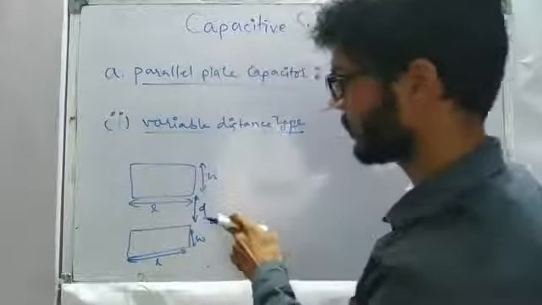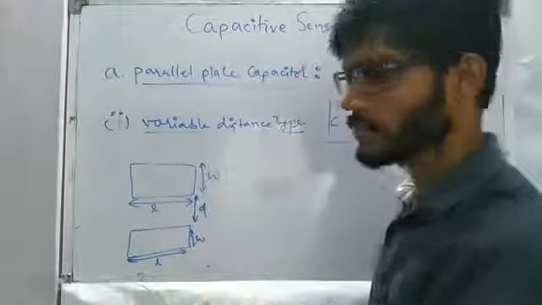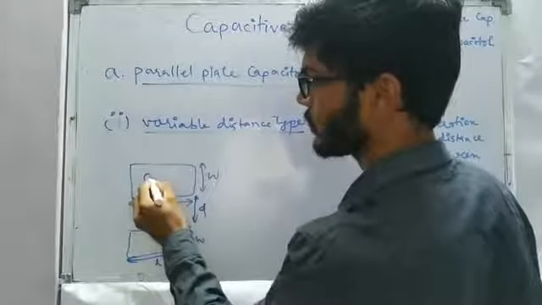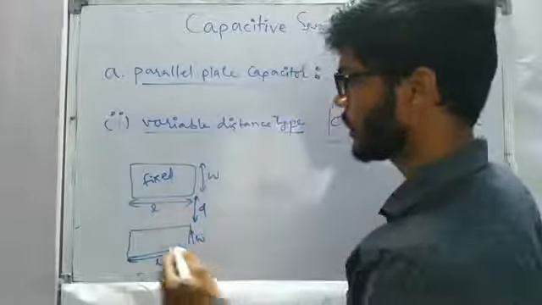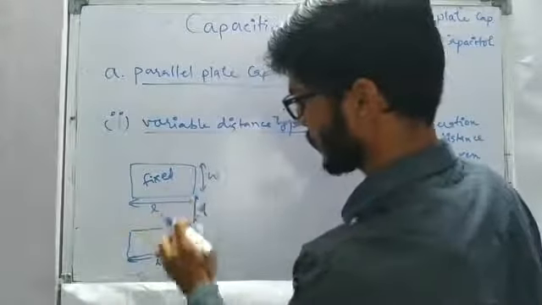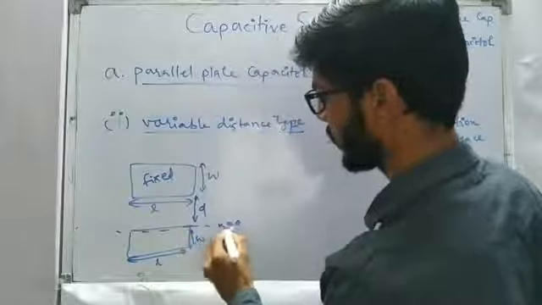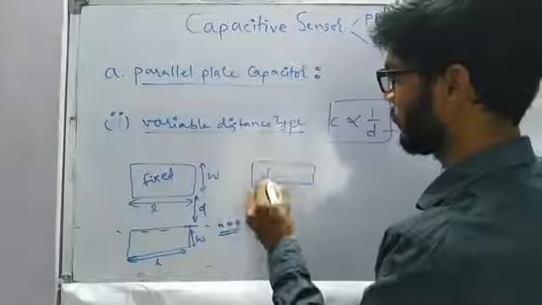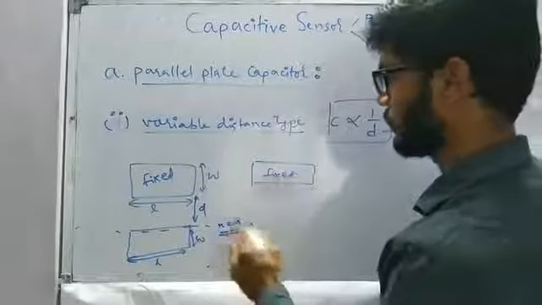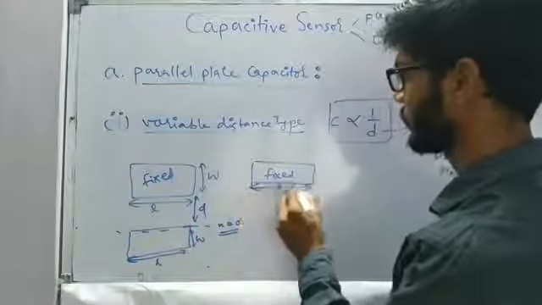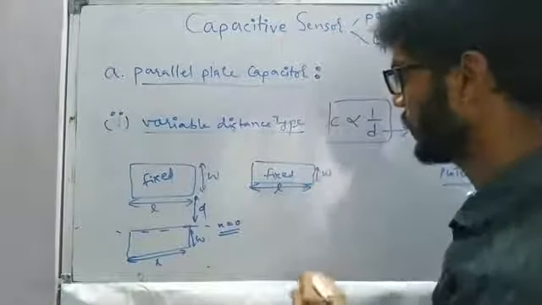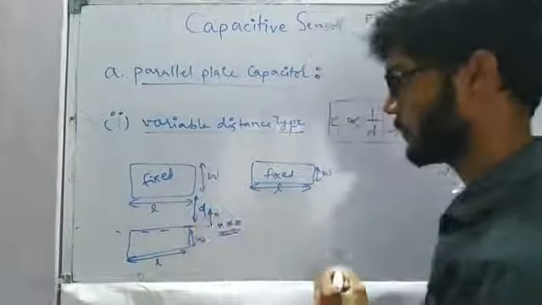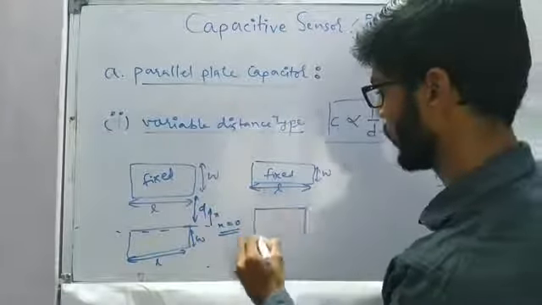And even in the previous case, the d was the distance of separation, I forgot to mention. And also this was a fixed plate even in the previous case. So now we are taking this particular point as a reference point, and we are assuming it as x equal to 0, and now we'll vary the distance between the plates. So this is length and width, this is a fixed plate, and now we are saying that this particular plate has moved up to the distance of x from the reference point.